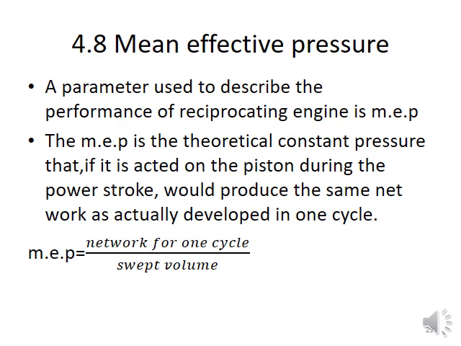And the efficiency of a diesel cycle, in terms of temperature, is 1 minus bracket open T4 minus T1 divided by gamma into T3 minus T2, where T1 and T2 are the temperatures at the beginning and end of compression, and T3 and T4 are the temperatures at the beginning and the end of the expansion. The efficiency of the diesel cycle depends upon both the compression ratio and the cutoff ratio.